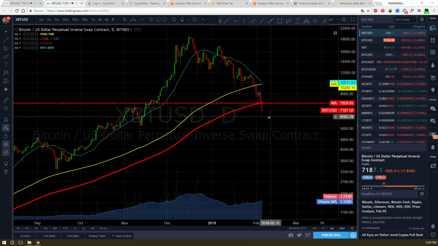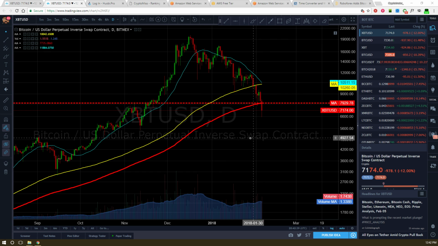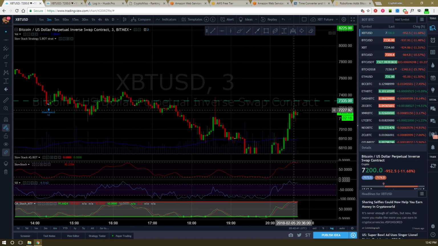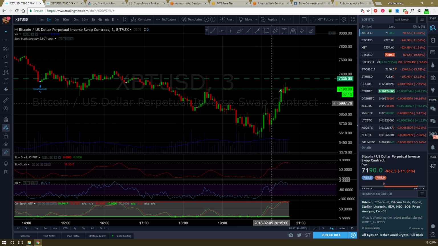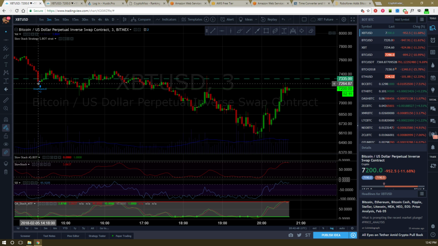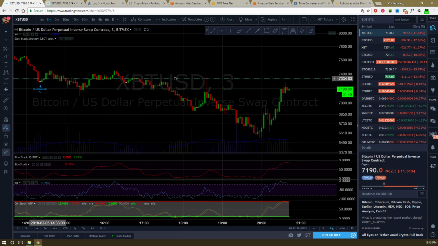Bitcoin is pretty much covering. Okay, if I go back down to the 3-minute chart you see here, it's kind of worried. A little earlier I saw my bot went long right here. Well, my bot tried to go long, and then BitMEX had severe system overload, and right before I started recording, I tried to get it on. As soon as I started recording, it worked.